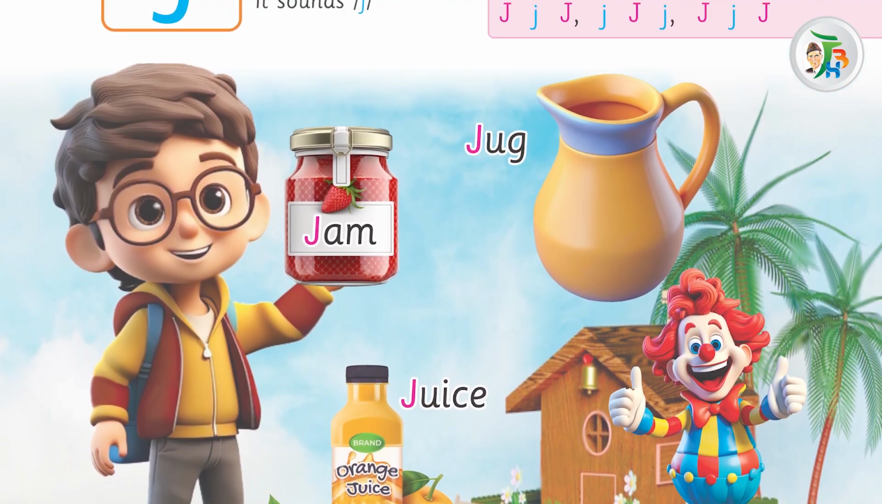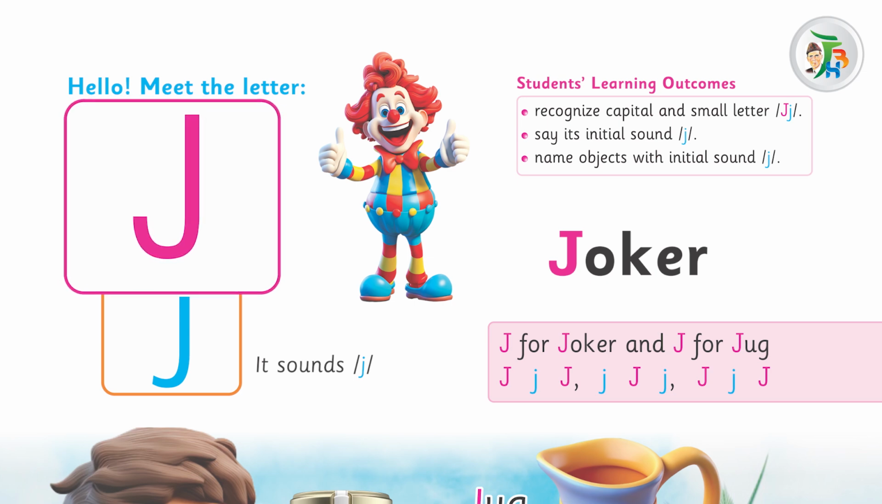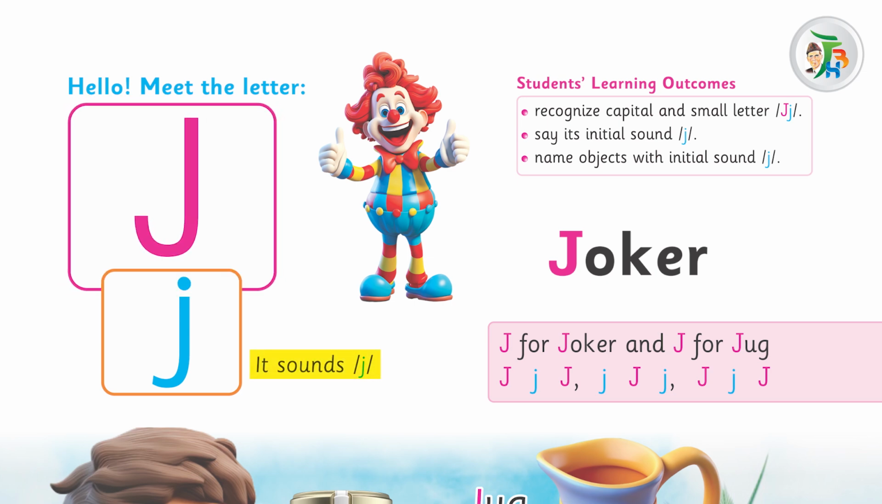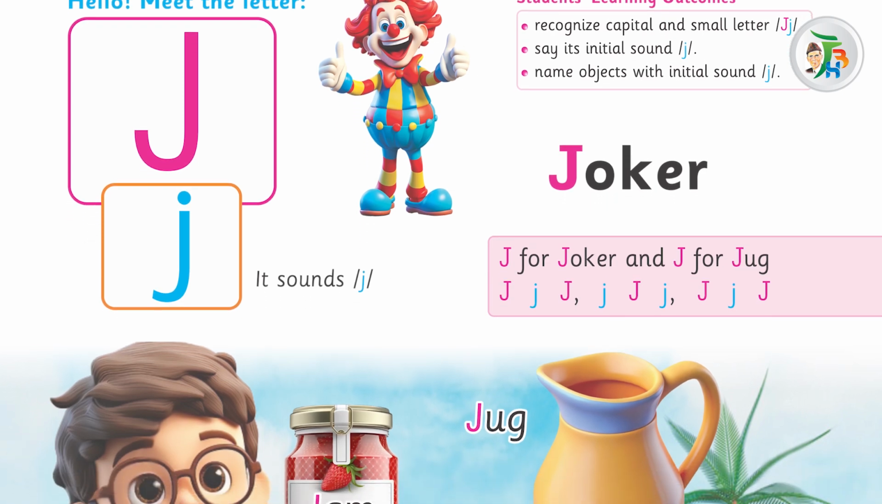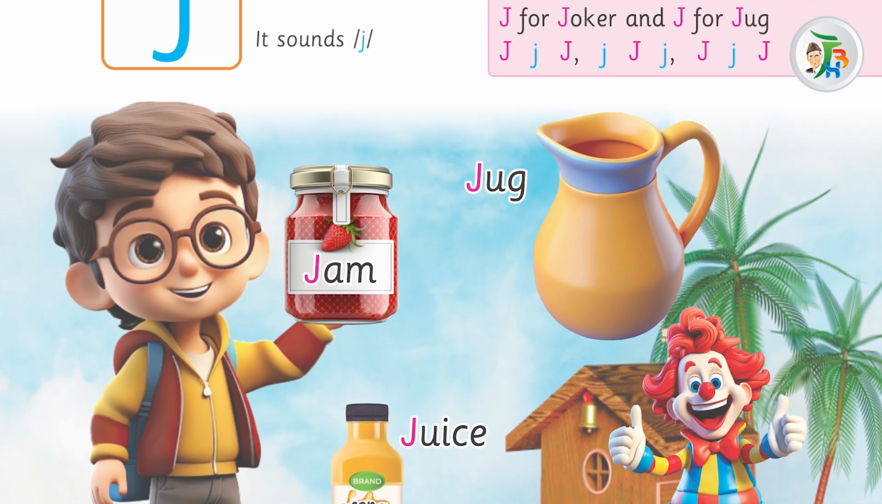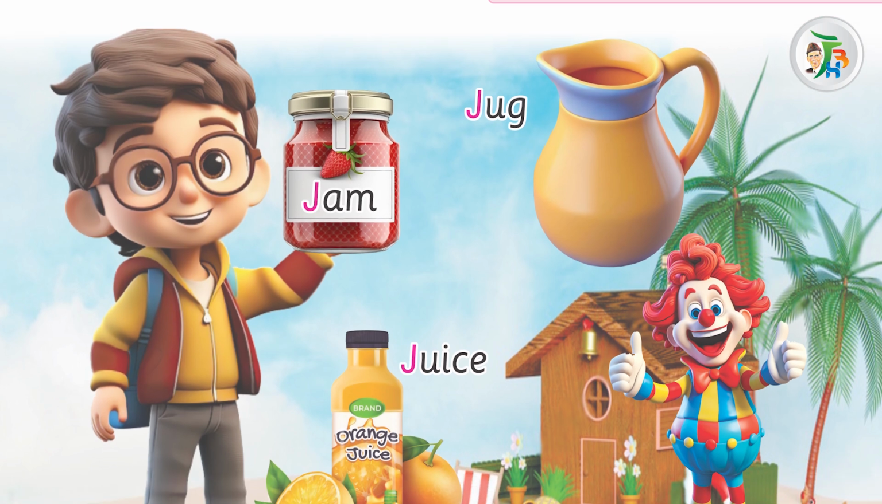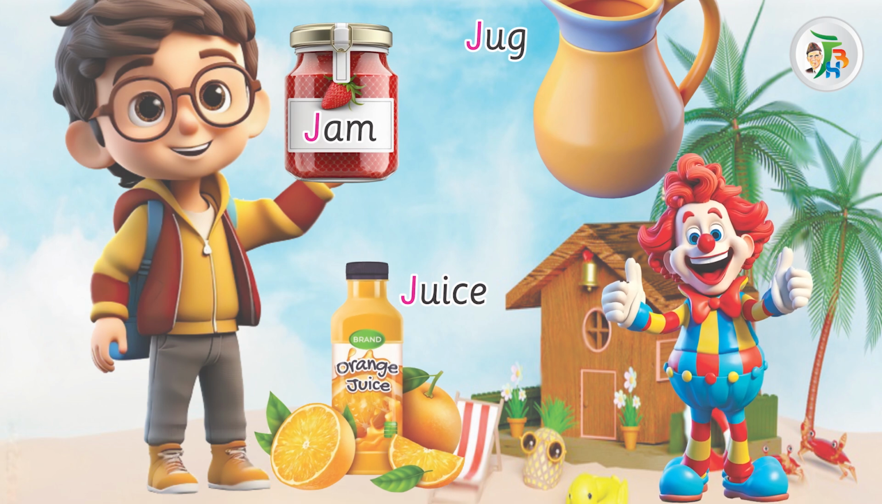सो स्टूडेंट्स, चलिए चलते हैं अब आपकी बुक की तरफ। हेलो, मीट द लेटर जे। इट साउंड्स ज। ज जोकर। J for joker and J for jug. So students, look at this picture. You can find so many objects that start from letter J, like jam, jug, juice, जोकर।